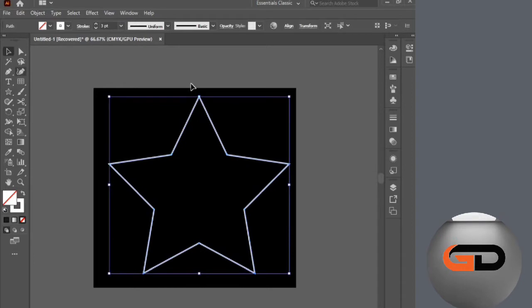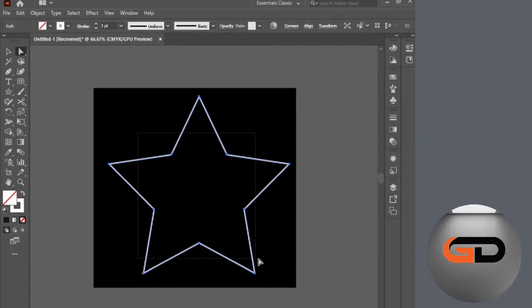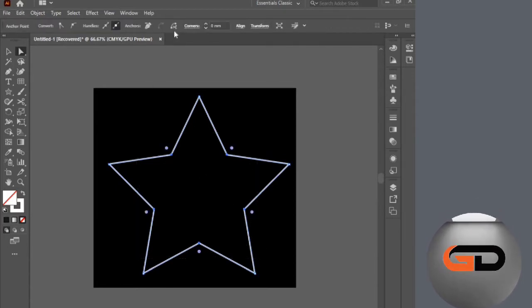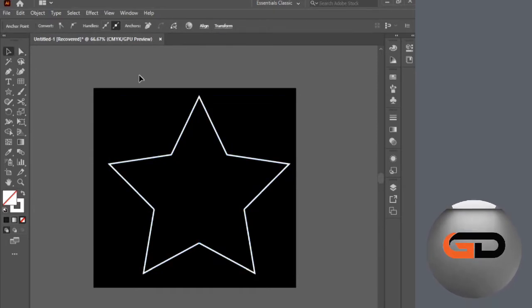Now select the move tool and set it in the middle. Now select the direct selection tool and select the middle corners of the star. And click on this option like this. Now select the move tool